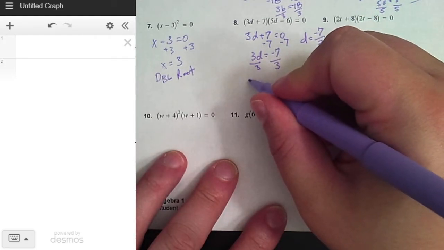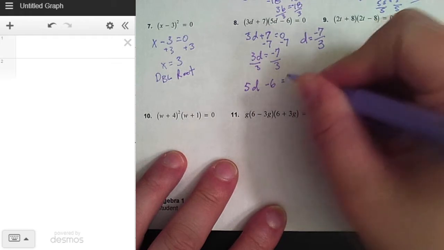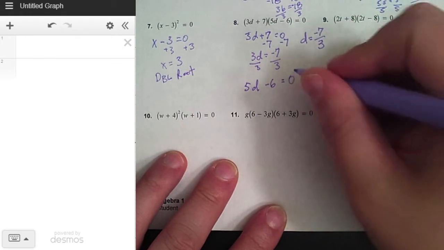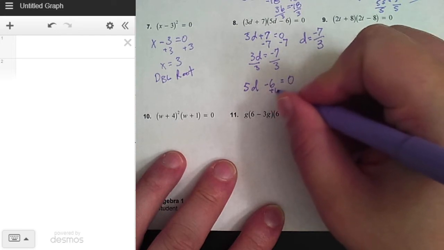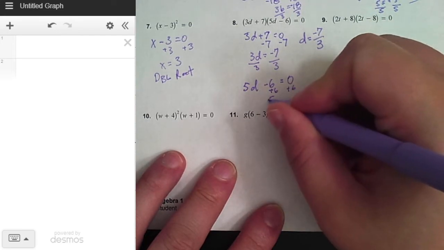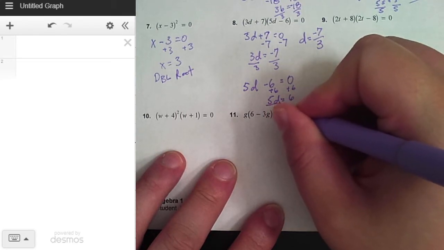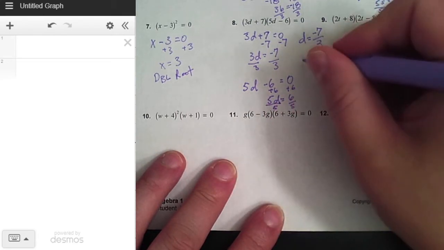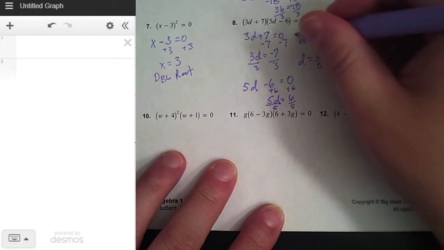Then we have 5d minus 6 is equal to 0. So we're setting the other factor equal to 0. Add 6 to both sides. We get 5d is equal to 6. Divide both sides by 5. And we get d is equal to 6/5. So we have